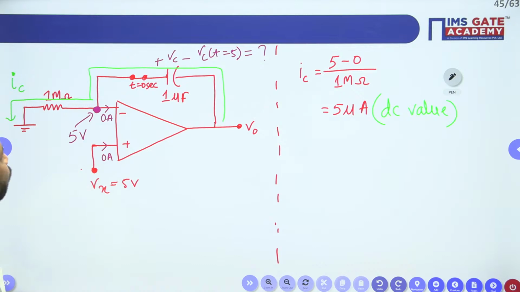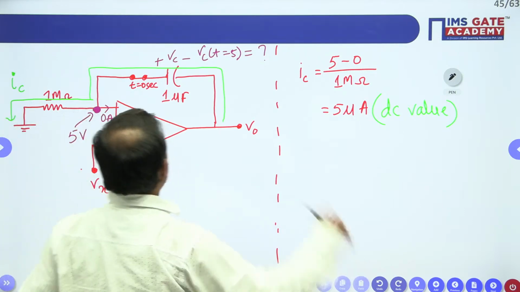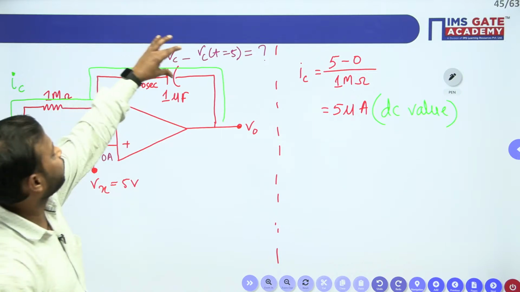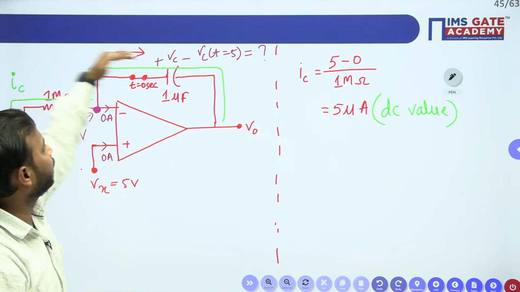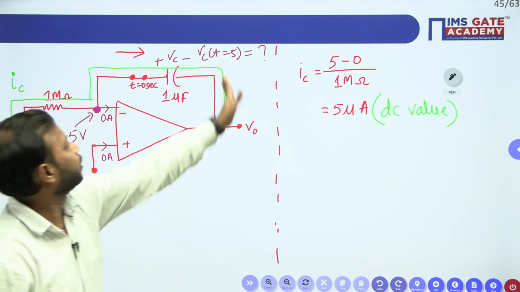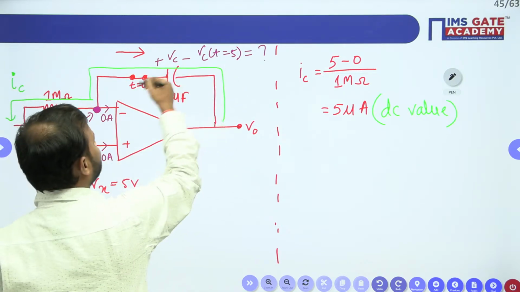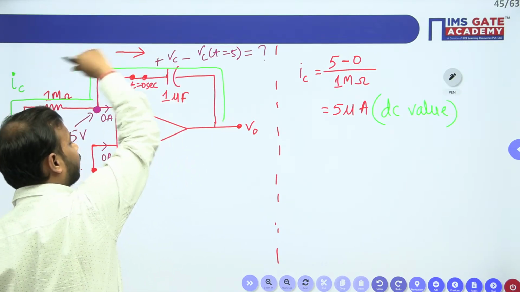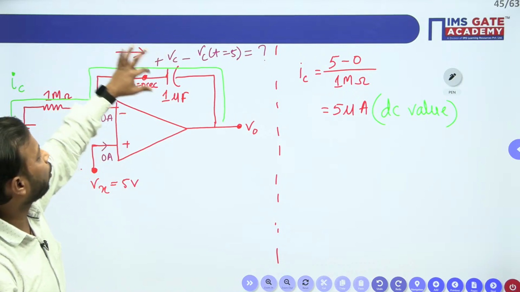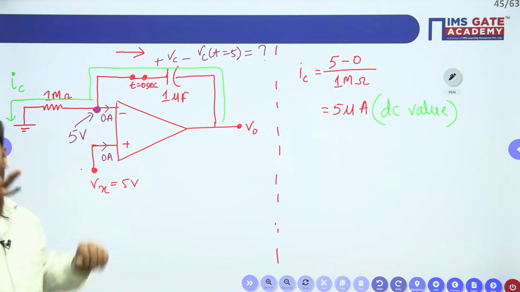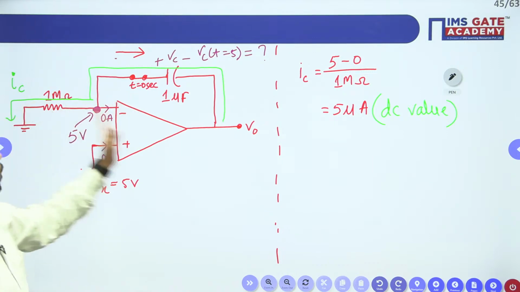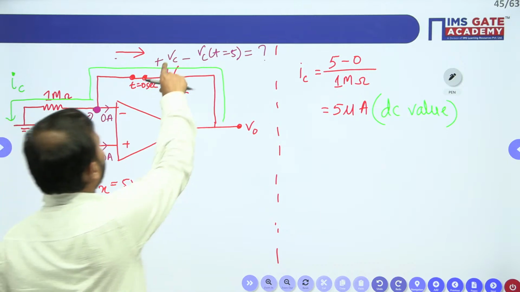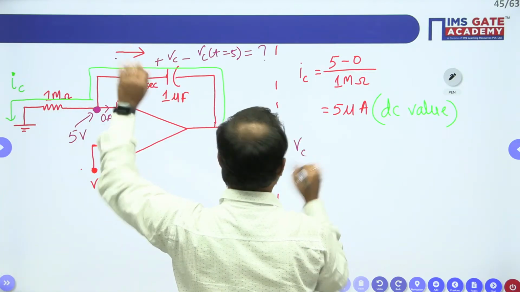Let us find the capacitor voltage here. So for that, what can we do? Now see this polarity, plus minus Vc. This plus implies that current has to flow in this direction. But the actual current direction is this one. So if this is IC, then minus IC will definitely flow in this direction, such that it can justify its polarity. Am I clear? Any doubt in this? Plus Vc means the current direction has to be in this manner. But in the question, we have found that the direction of current is like this. So this Vc